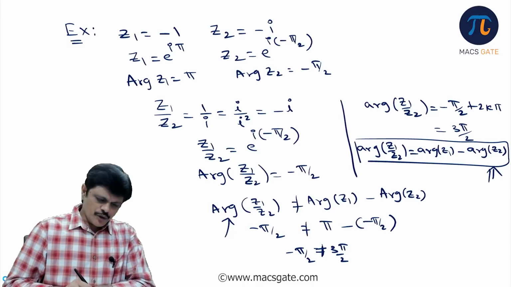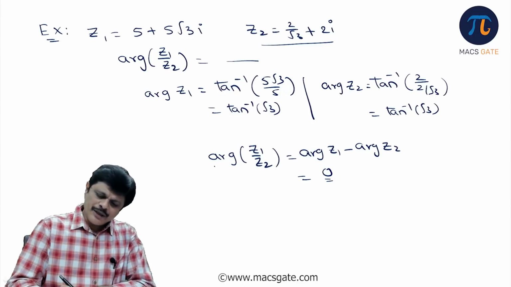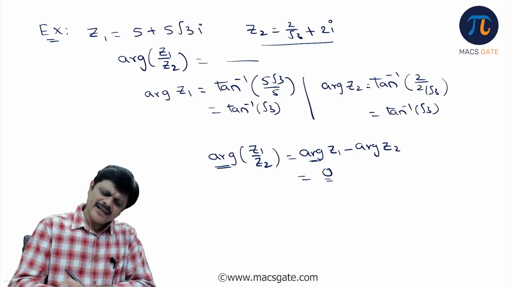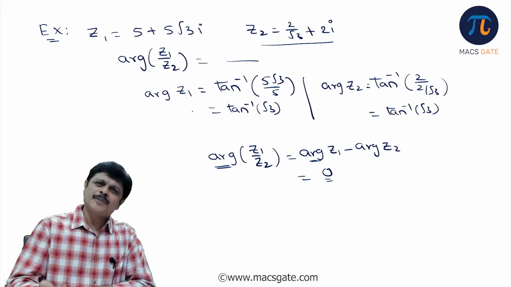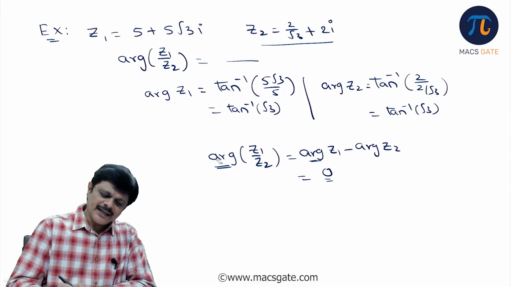That is the idea. So when we take in this particular example, argument of z1 by z2, argument of z1 minus argument of z2, I have taken small argument, but here luckily the small argument and principal argument are one and the same in this case. Am I clear? In other cases, it's not necessary. So some people feel that I written small argument, I should have written capital arg.